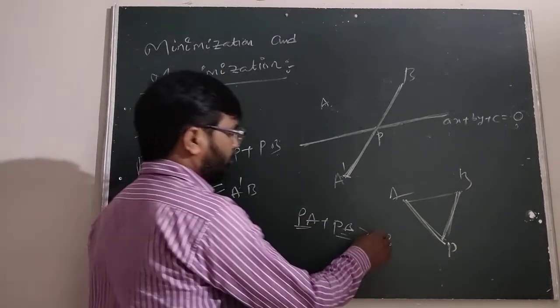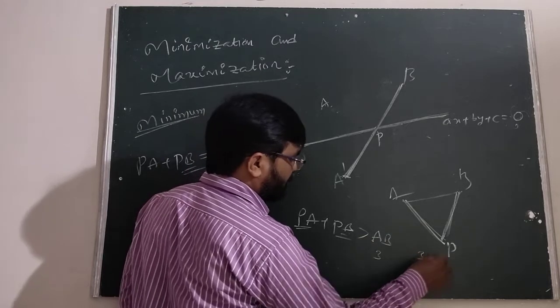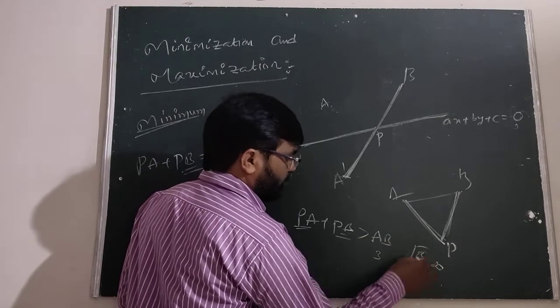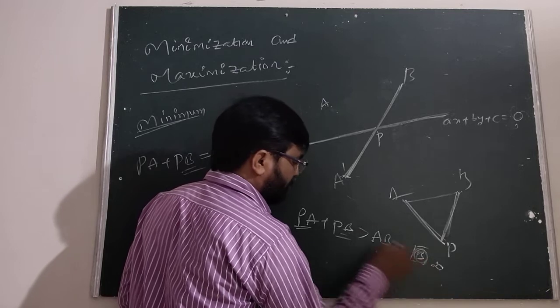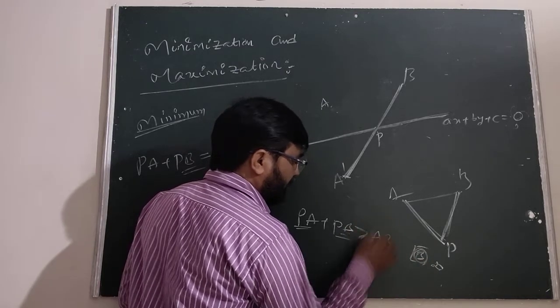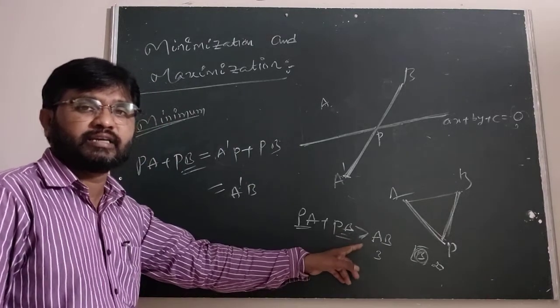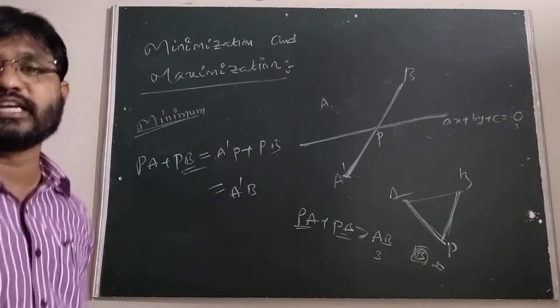Therefore, suppose we are getting AB as 3, then it will be 3 to infinity. Therefore, what is the minimum value here? It is 3. When we apply the greater than inequality symbol, undoubtedly we can write the minimum value. Suppose if it is a less than condition, undoubtedly it is the maximum value.